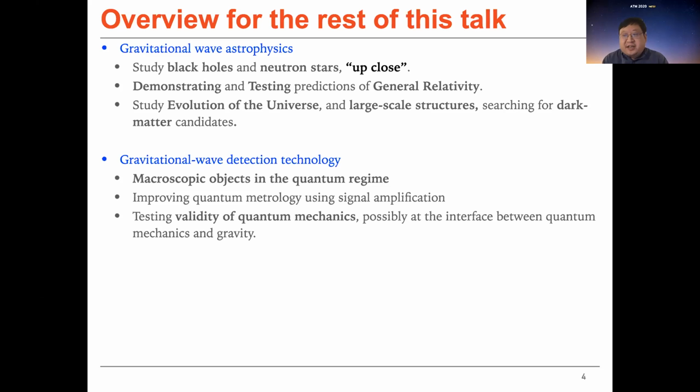Towards the end of the talk, I would also talk a little bit about the fact that we have such good sensitivity on measuring positions of test masses. These are in the regime of quantum metrology. It turns out that we can use LIGO technology to study the quantum mechanical behaviors of macroscopic objects, even in some cases, maybe speculative, looking for the validity of quantum mechanics, whether there are violations or new effects when quantum mechanics and gravity are involved in this regime.